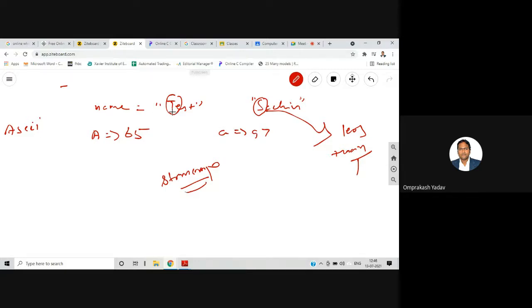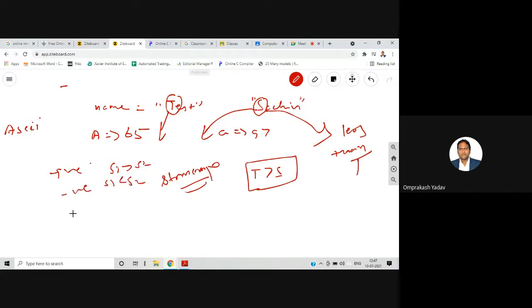For example, here in the first letter itself, it found that t is greater than s, because it simply finds the ASCII value of t and the ASCII value of s, and then subtracts. If it gets a positive difference, then, as I told you, the first string is greater than the second string. If the output is negative, then s1 will be less than s2, and when it's 0, then s1 will be equal to s2.